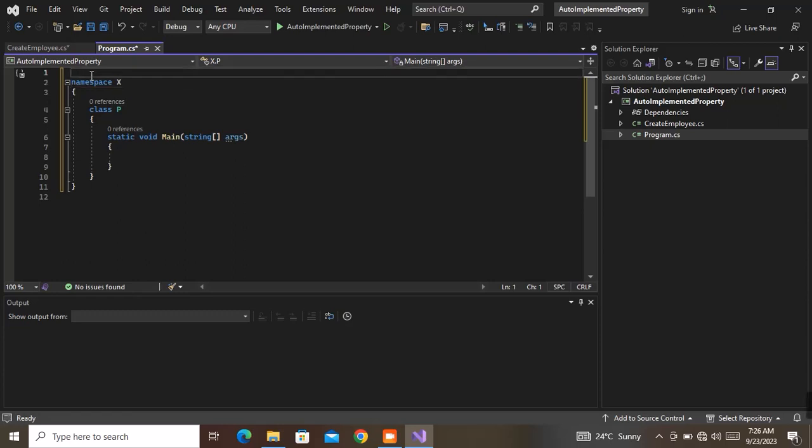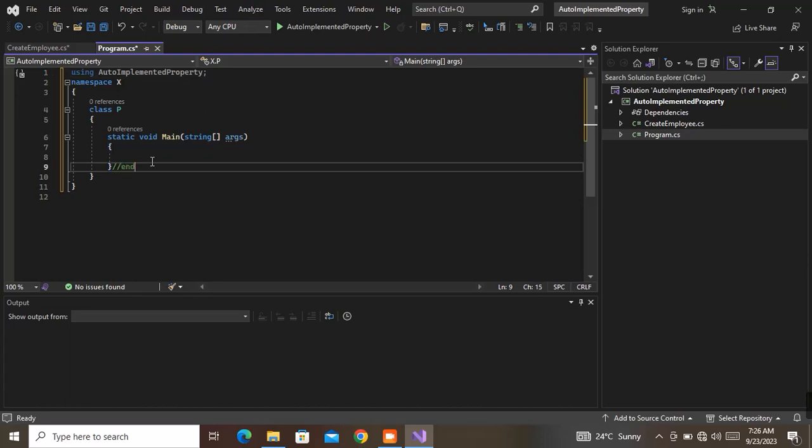Enter using and just paste. Very good. So when I am inside here, let me just end the main. Okay, that is fine. So when I am inside of the main, the first thing that I want to do,